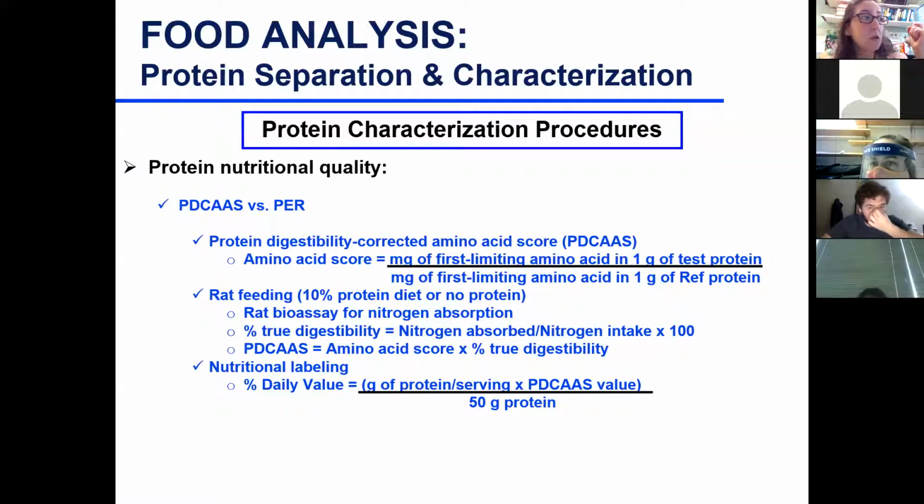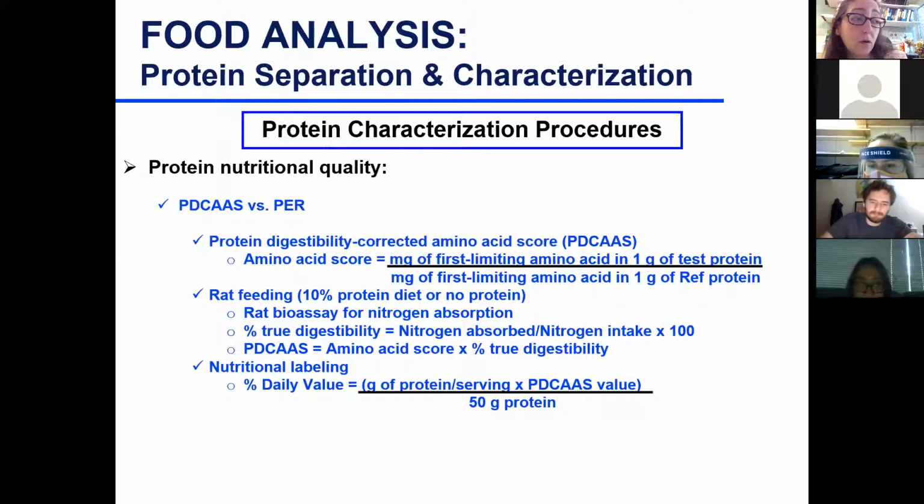Now, why is this important? This is important because the PDCAAS is used to determine percent daily value of protein on the nutrition labeling. So you take the grams of protein per serving, and to determine percent daily value, you don't just divide it by 50 grams of protein, which is the average required amount of protein per day. You don't just divide that and multiply by 100 and get percent daily value. You have to take into account the PDCAAS score, because depending on the PDCAAS, this protein might not be available